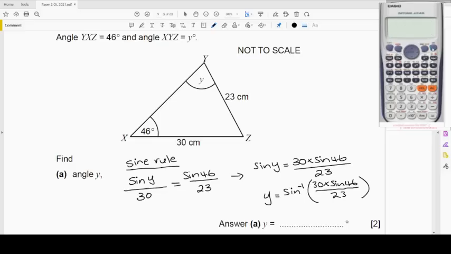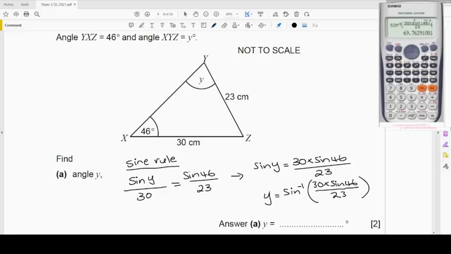So here we have second function sine inverse, we have a fraction, we have 30 times sine of 46. Very important, make sure your calculator is in degree mode, because there are other units that we use to measure angles. So make sure it is in degree mode, because our angles are given in degrees. And this is divided by 23. Close your bracket, press enter. You get